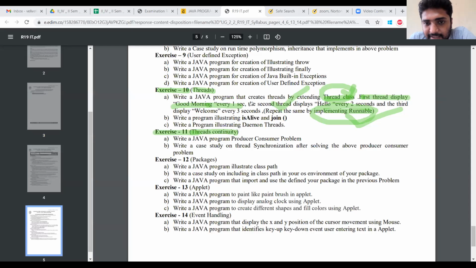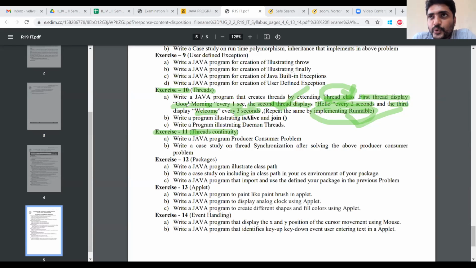The second thread displays the hello message every 2 seconds, that means 2000 milliseconds. The third thread displays the welcome message every 3 seconds, every 3000 milliseconds. So this is the aim of the program.